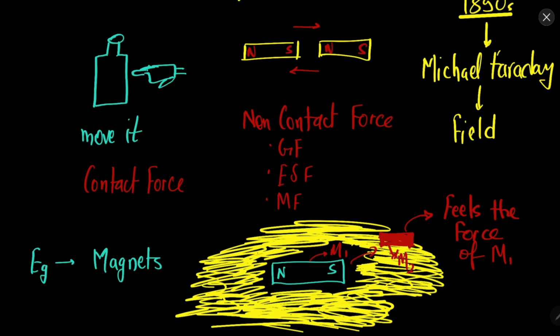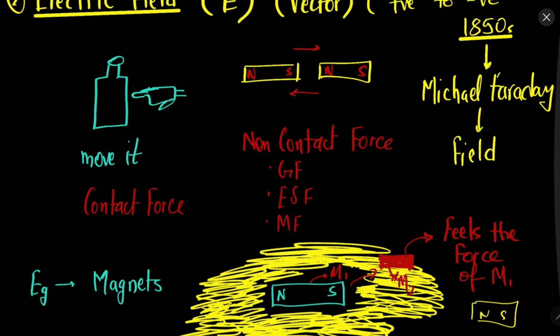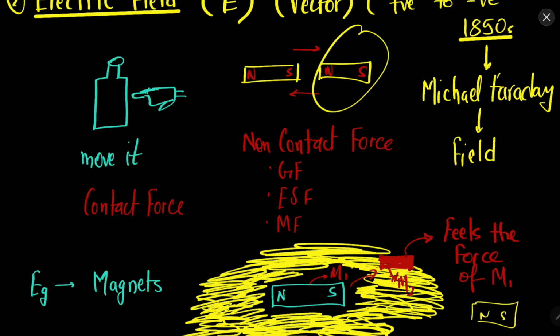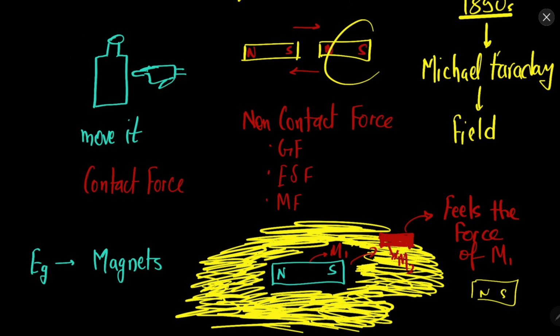Now what happens is that this magnet has an invisible region around it, an invisible field, which gives the information of the presence of this magnet to the other magnet which might come in this region. So how does this magnet know that there is this magnet? This magnet has a field around it, and once this magnet comes in this field, it will automatically know that there is one magnet here, and this magnet can feel the field of another magnet.